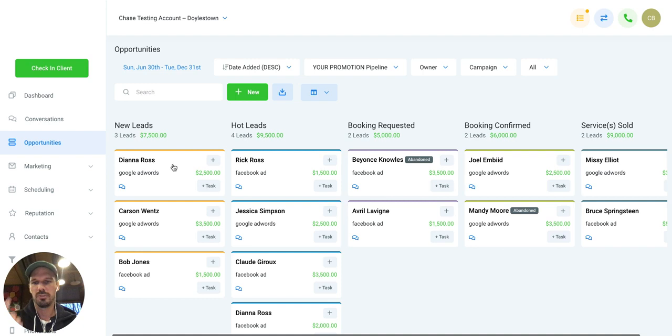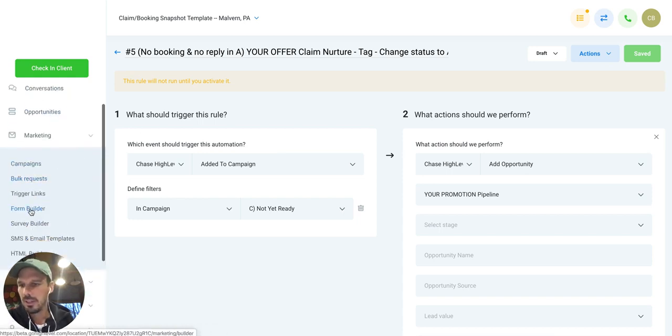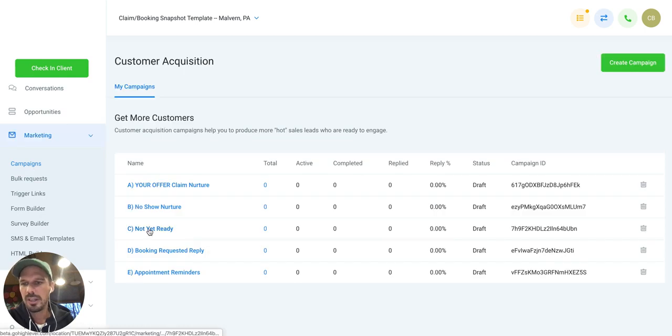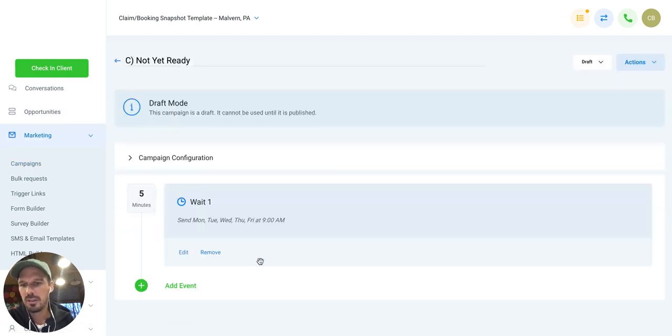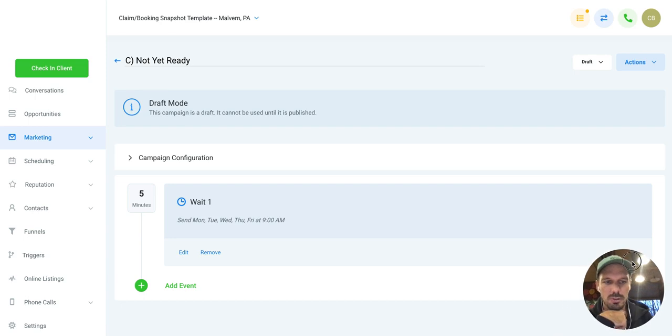One is the initial nurture, right? So they claimed an offer, now they're going to get into a campaign. It's going to send them texts, emails, voicemails, all that to try to close them into a booking, let's say. The second campaign we would call not yet ready. And all it does, and you'll see this in the default claim booking snapshot, if I go over here to campaigns, the not yet ready campaign is just a wait step. It's just a placeholder basically, because of what we do with trigger number 5 here, move myself,